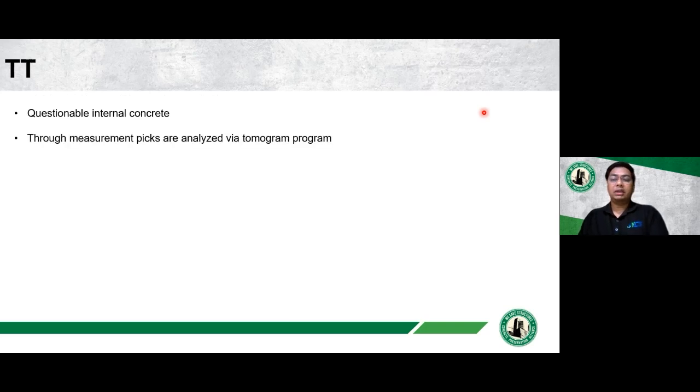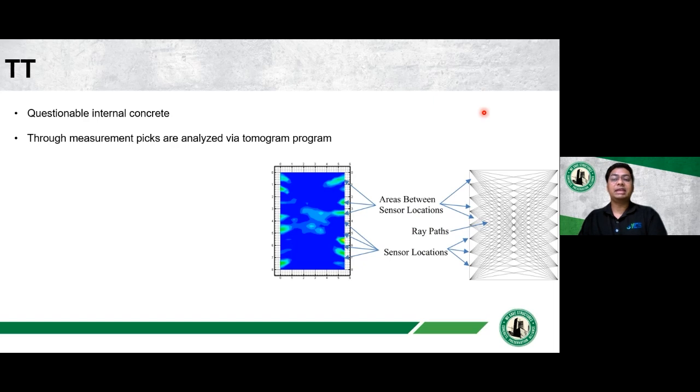Tomography can interrogate any questionable internal concrete, and the grid data collected produces a slice shown on the left using the tomogram program. The lighter shades on the center of the slice indicate weak zones, which could be attributed to voids, honeycombing, or